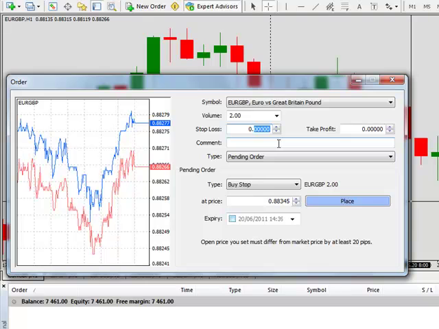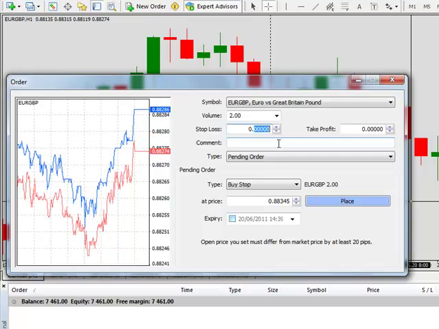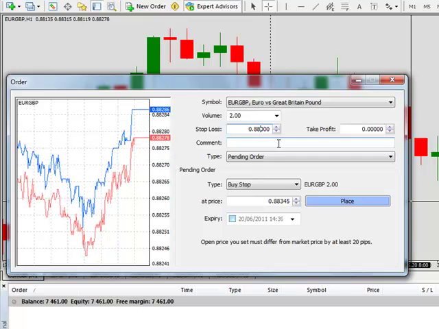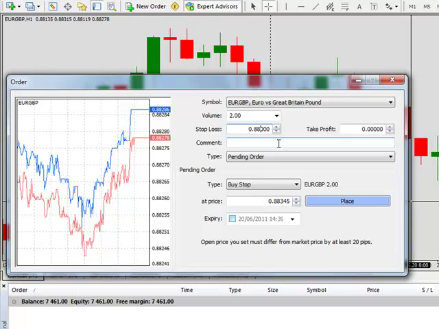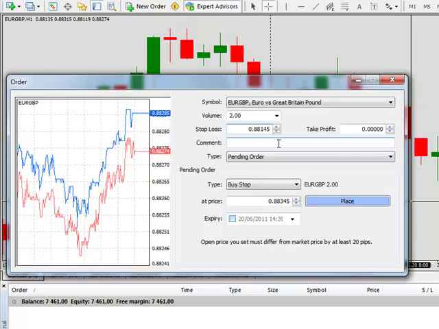and then the next thing we need to do is protect our trading account by placing a stop loss, and I'm just going to place this 20 pips away, so that makes things a bit simple. We then want to put 88, deduct 20 pips from our entry price because we're going up, remember, so 88145,